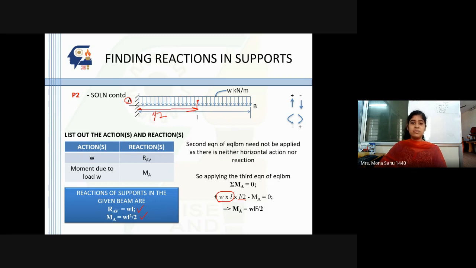These are the basics of how to calculate the reaction forces for a beam having two different types of loads, that is the point load and the uniformly distributed load. With this we'll end today's class, and in tomorrow's class we will take it in detail for a simply supported beam and an overhanging beam as well. And then we learn how to solve